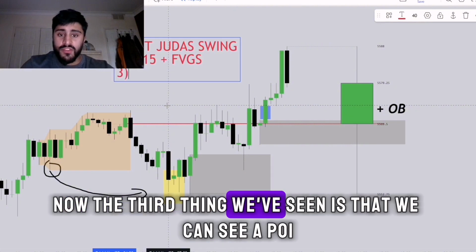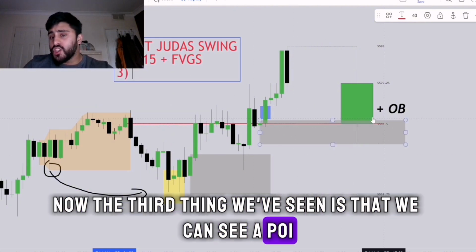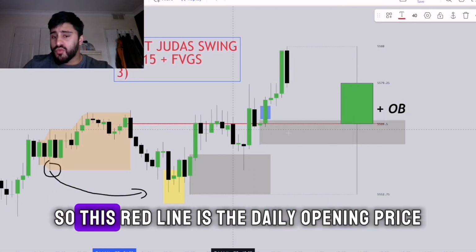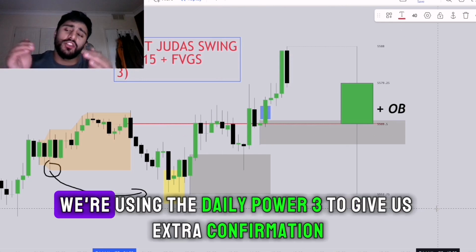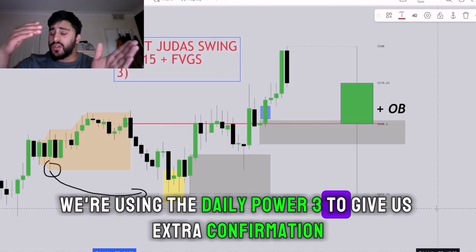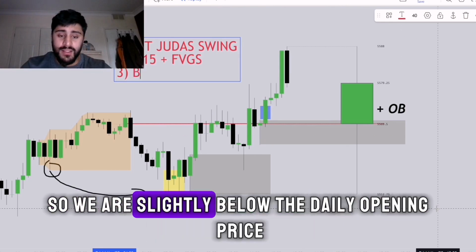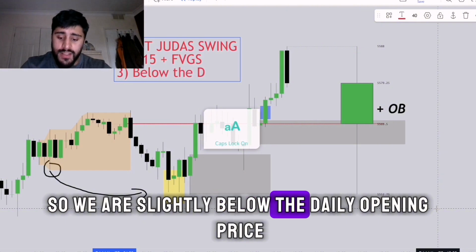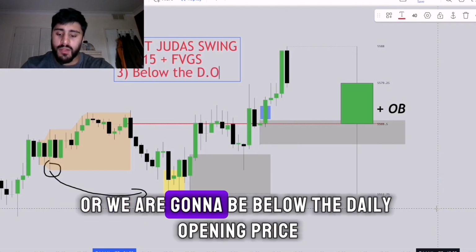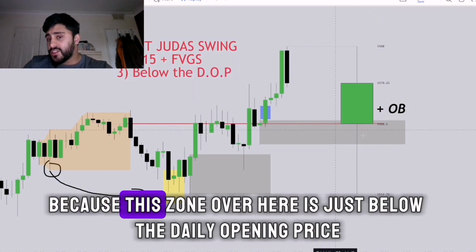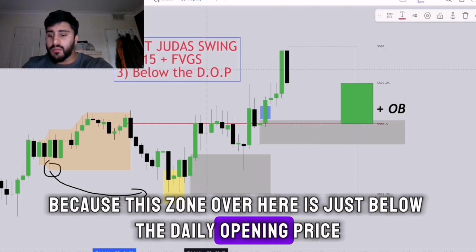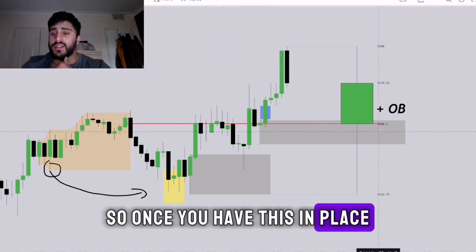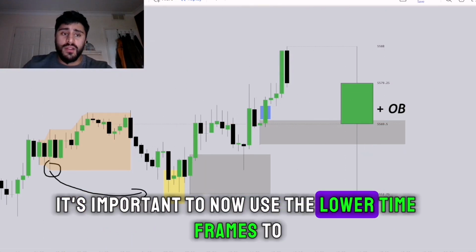Now, the third thing we've seen is that we can see a POI just below the daily opening price. So this red line is the daily opening price. We're using the daily power of 3 to give us extra confirmation. So we are slightly below the daily opening price, or we are going to be below the daily opening price because this zone over here is just below the daily opening price. So once you have this in place, it's important to now use the lower time frames to confirm